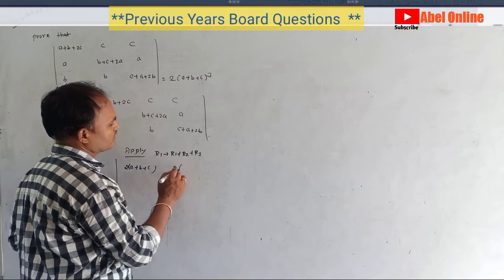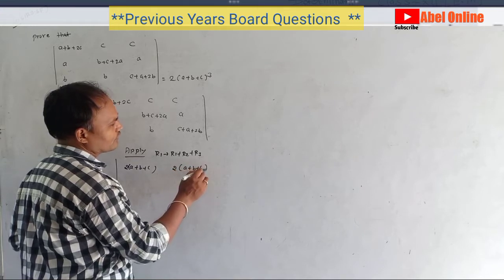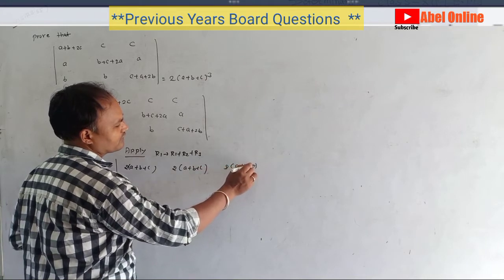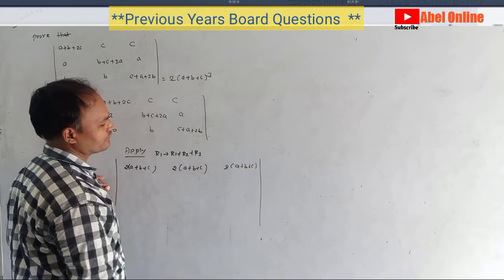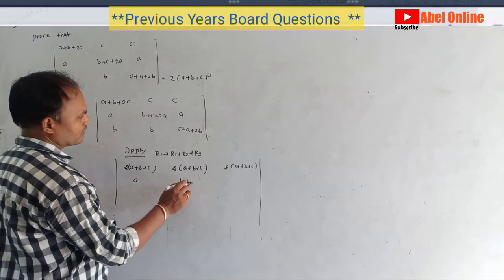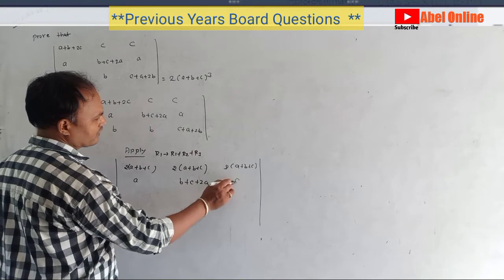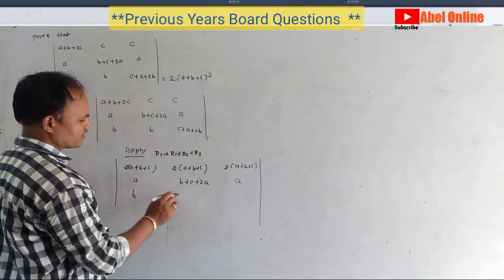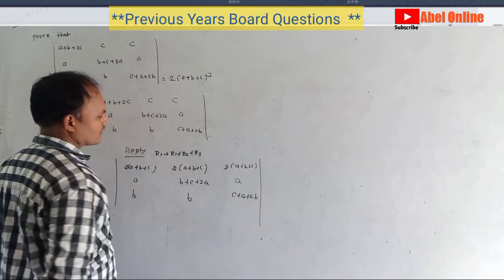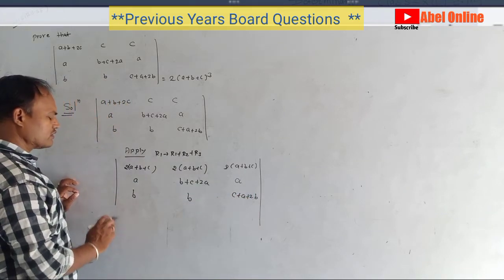It is 2a plus b plus c. It is also the same, 2a plus b plus c. Okay, now the other parts. What about it? It is the same: b plus c plus twice of a. And the next is c plus a plus twice of b. What is going to happen now, students?